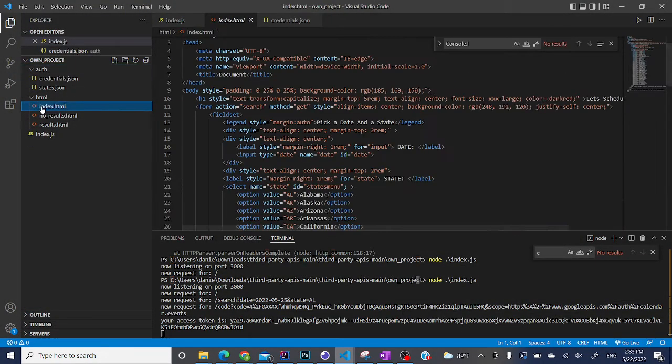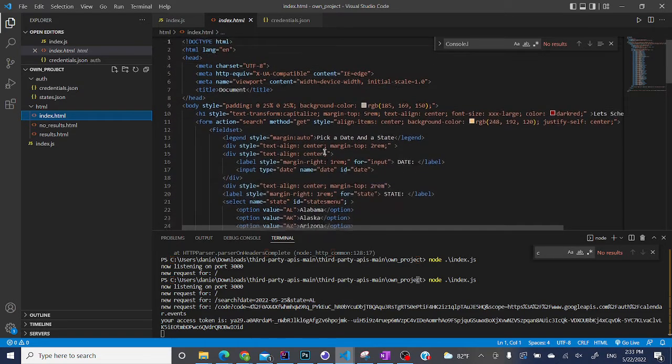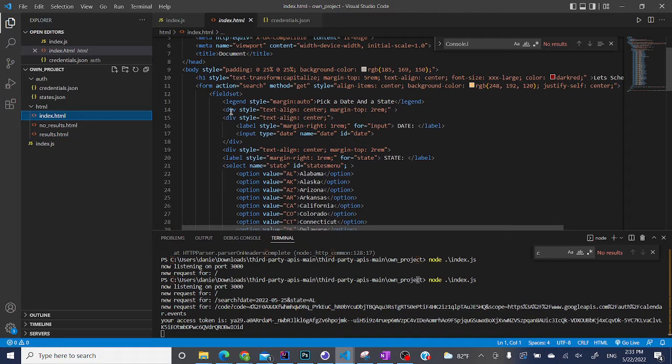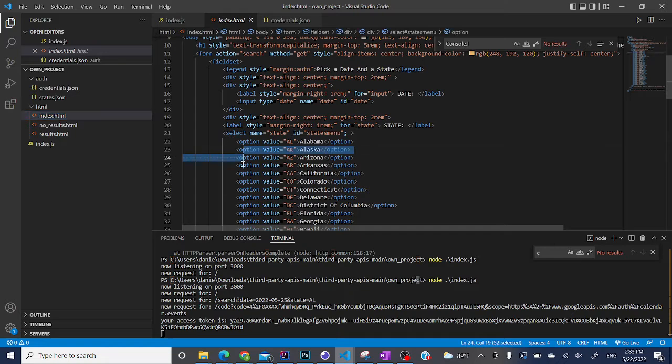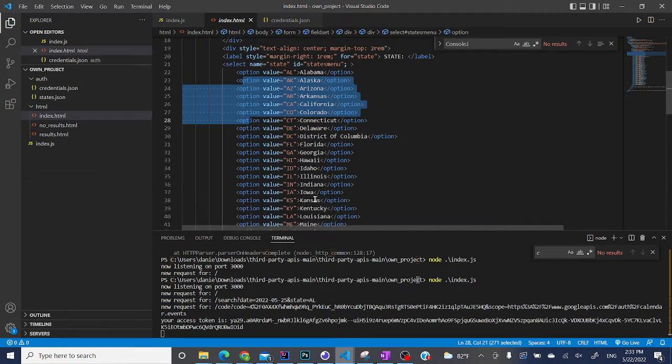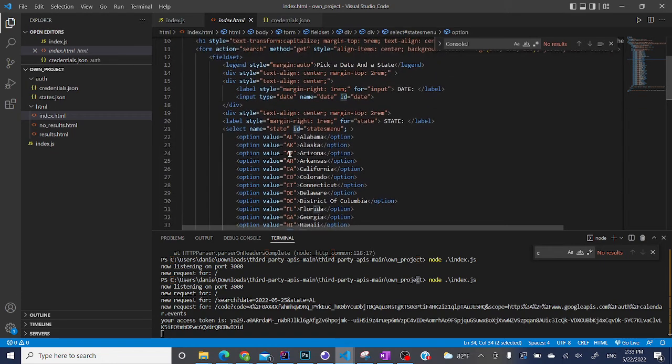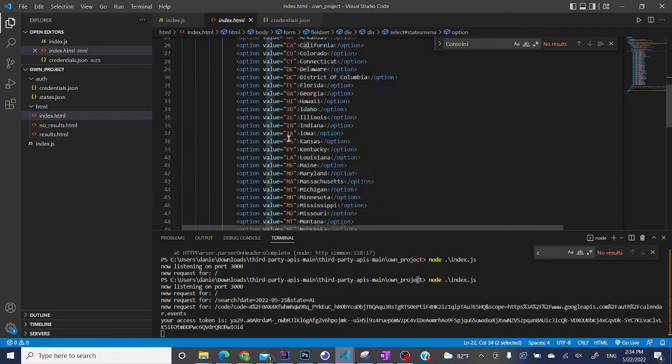index.html. And this index.html contains a bunch of information, including a form which contains the date and the state, as well as all the choices of the states possible. Notice that the value over here will be the code for the state, which is what is asked by the Ticketmaster API. When we send the GET request, it doesn't want the name of the state, it wants the code. So,